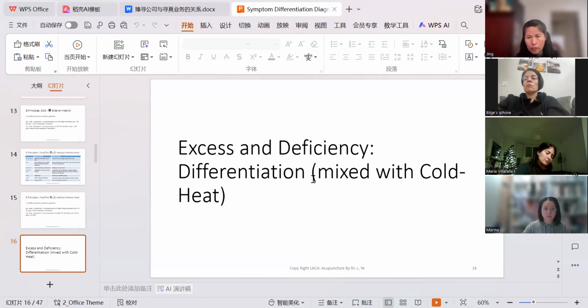And excess and deficiency will be the next one. And then particularly